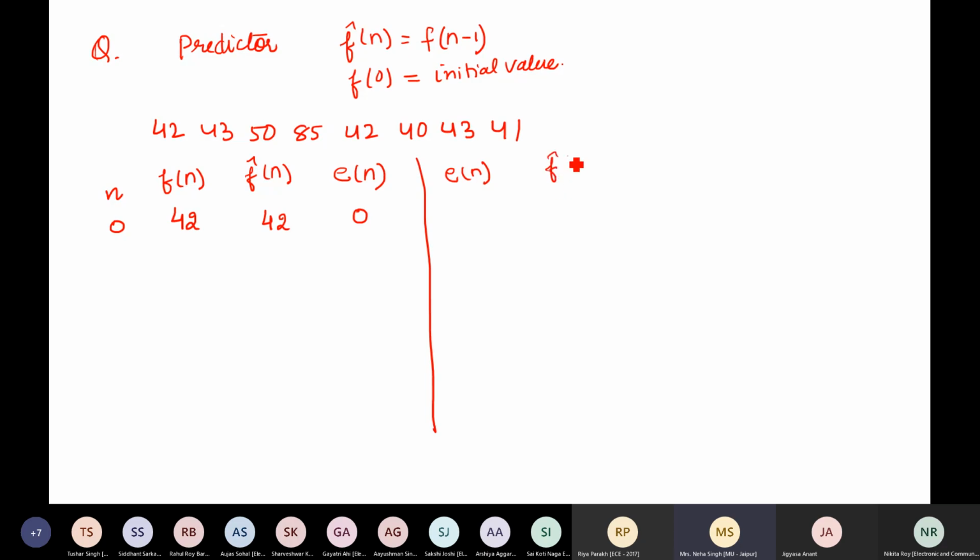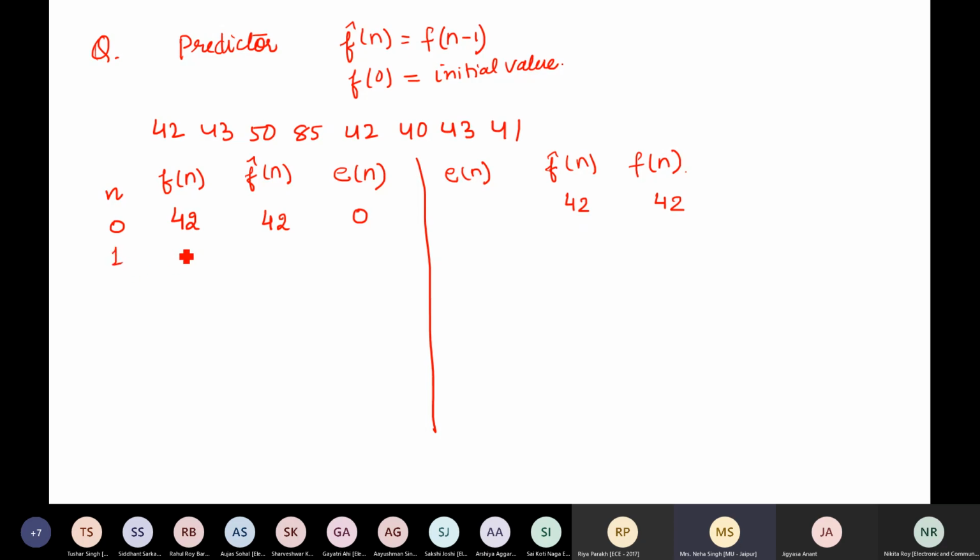I have some predicted value, so that my new value is generated. So the predictor is the same, so f cap n for n equal to 0 is 42. Here also I expect a 42, right? So the reconstructed value is 42 again.